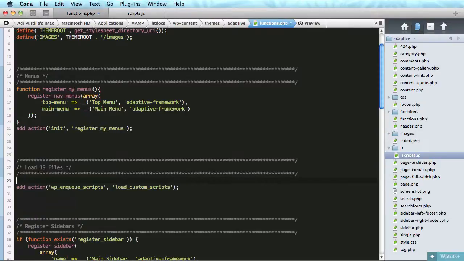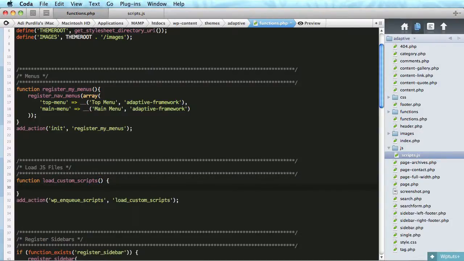And let's go ahead and write that function. So function load_custom_scripts. Okay, no parameter needed, and the only thing that's going to do is say wp_enqueue_script,